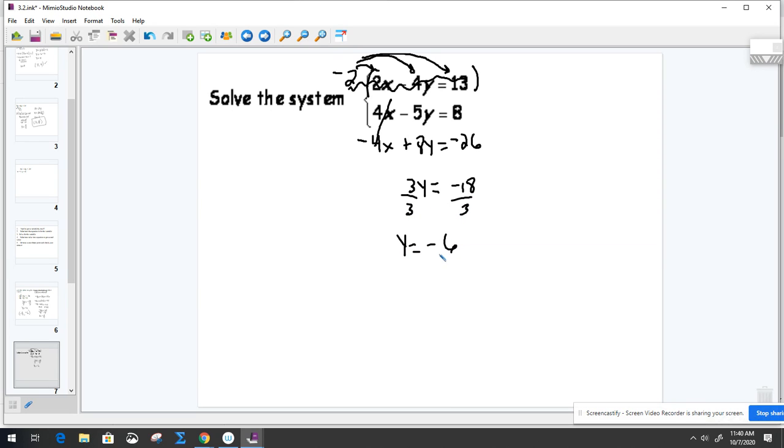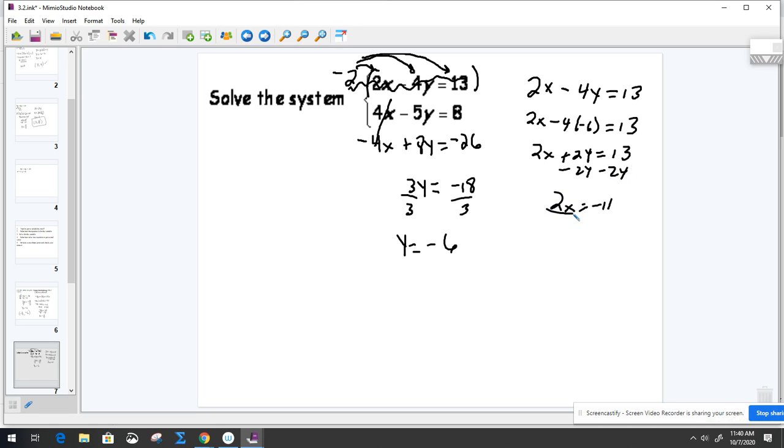And then I'm going to divide both sides by 3, and I get y is equal to a negative 6. Okay, so I go back and plug it into one of the top equations. The top equation was 2x minus 4y equals 13. 2x minus 4 times negative 6 equals 13. 2x plus 24 equals 13, minus 24. 2x equals negative 11. I divide by 2, and I get the same exact answer. x is equal to negative 11 over 2,